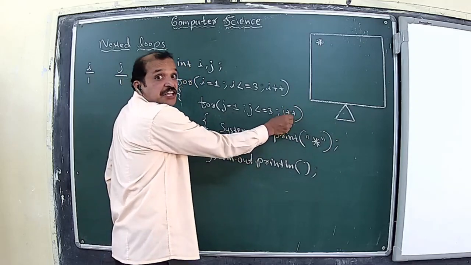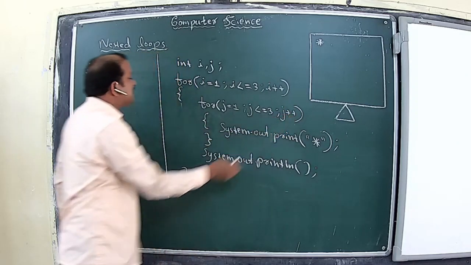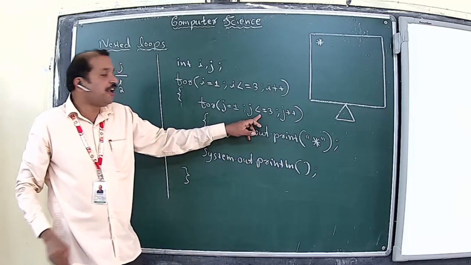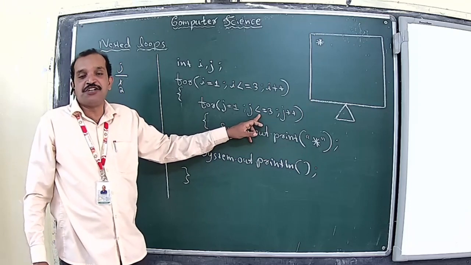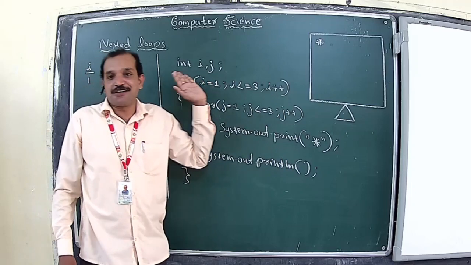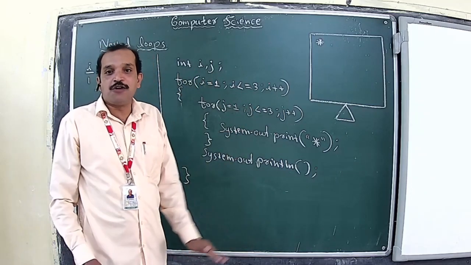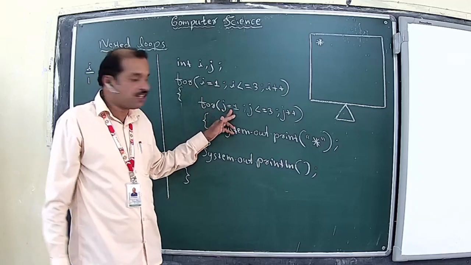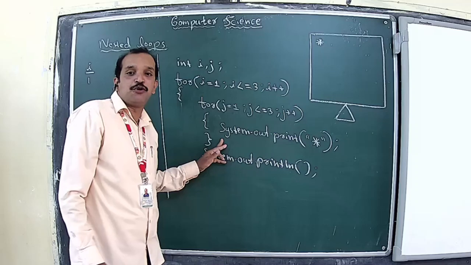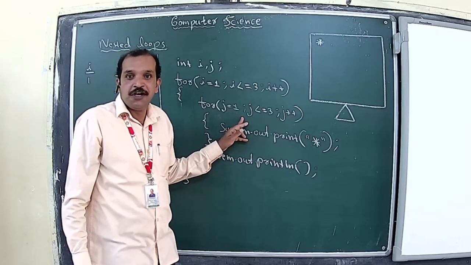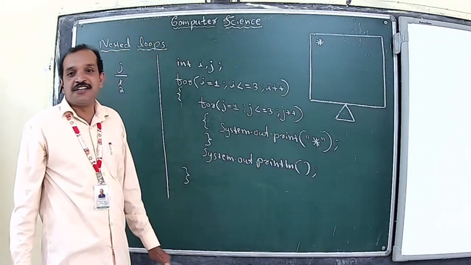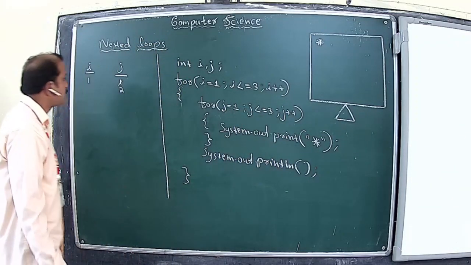After printing this, the update expression of the inner loop will be executed, that is j plus plus. j will become 2. After that, again, the test expression of the inner loop will be executed, that is j less than or equal to 3. I hope you are already clear with the working of a for loop and how the order changes: from initialization, test expression, body of the loop, update expression, and again test expression and the body of the loop if the test expression is true. If not, go through our previous session and make yourself clear regarding the proper functioning of a for loop.